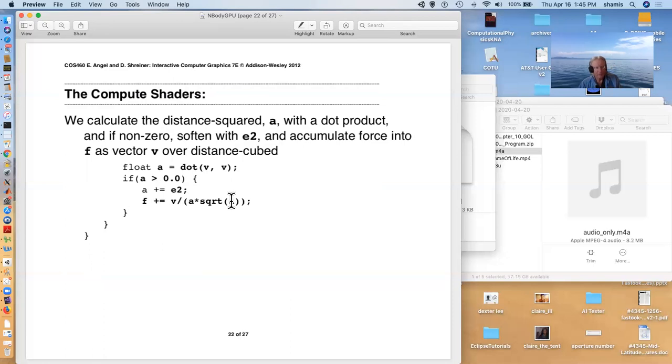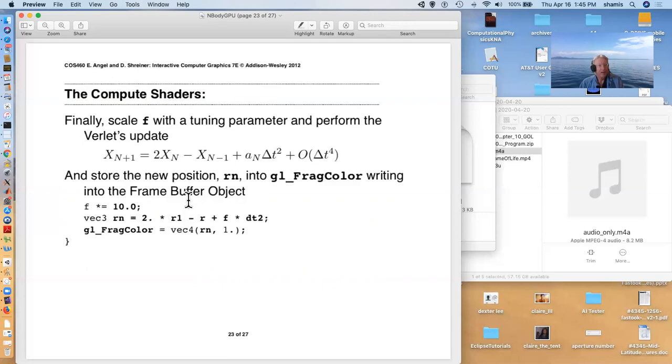That's going to give me an r cubed, which is a trick I'll explain later. It's not r squared. So finally, we'll scale up f with a tuning parameter, just some tuning parameter to make